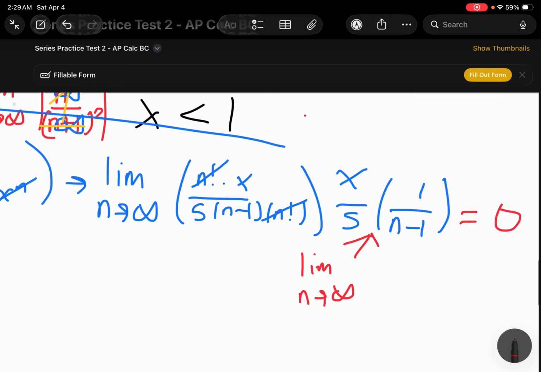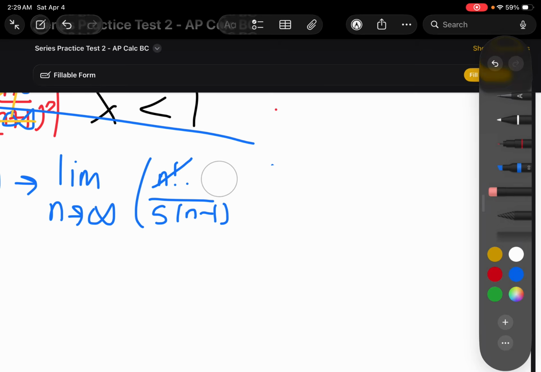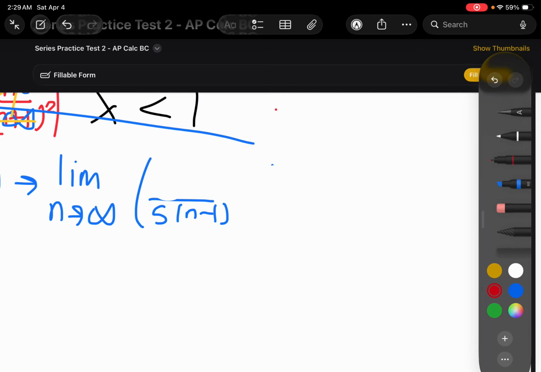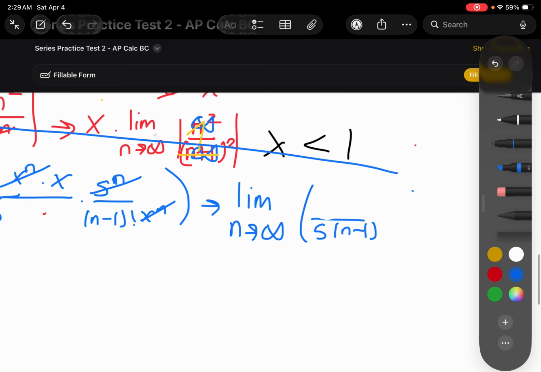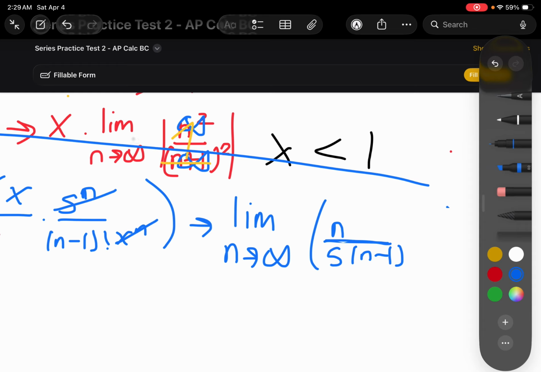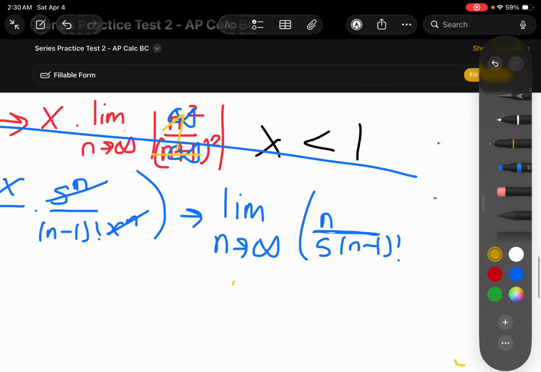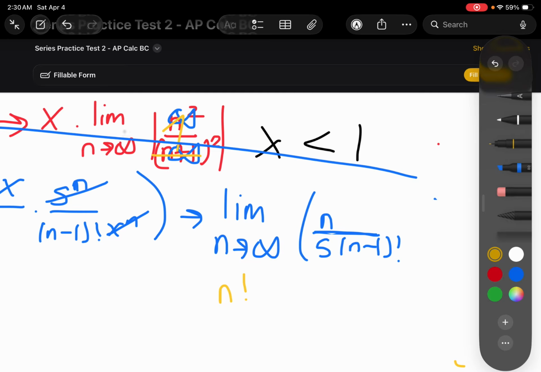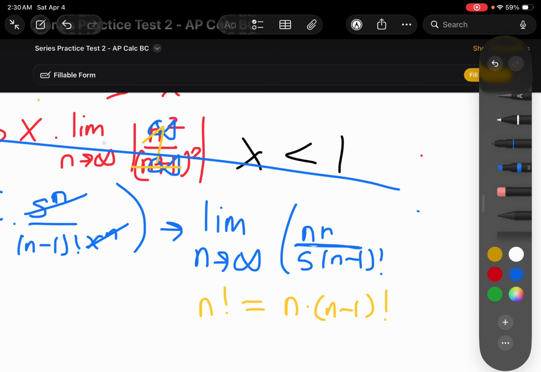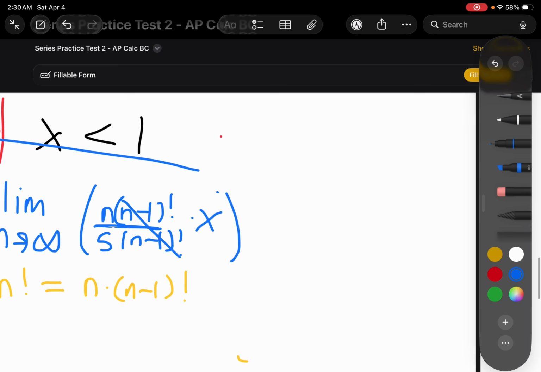Oh, I did do it wrong. Yeah, I did do it wrong. My bad. I did the factorial properties wrong. So here's how it's supposed to look. So we canceled out those x's, so it's going to be n factorial. Why is it so laggy? So that's what we're going to do. Yeah, this is why you guys should know your properties of factorials, so that way you don't make the same mistake as me. So that's going to be x over 5